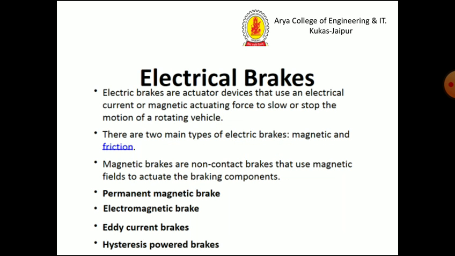Electric brakes are actuator devices that use an electric current or magnetic actuating forces to slow or stop the motion of the rotating wheel. There are two main types of electric brakes, magnetic and friction. Magnetic brakes are non-contact brakes that use a magnetic field to actuate the braking components, like permanent magnetic brakes, electromagnetic brakes, eddy current brakes, and hysteresis